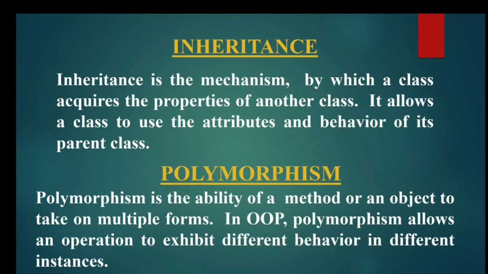In object oriented programming, polymorphism is also called overloading, function overloading, or objects overloading. Based on this topic, you have one chapter also, and this is a very important topic. Later, we will discuss these two topics in detail. This is all for the first lesson. You have to learn what is an object, what is a class, and what are the concepts of object oriented programming. Children, with your mind, learn carefully.